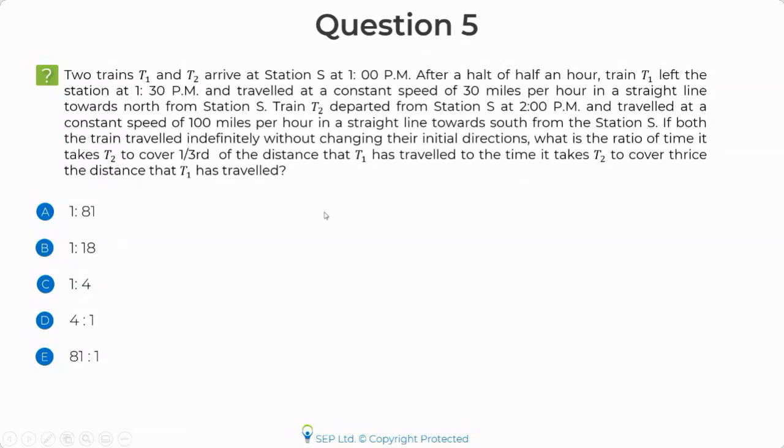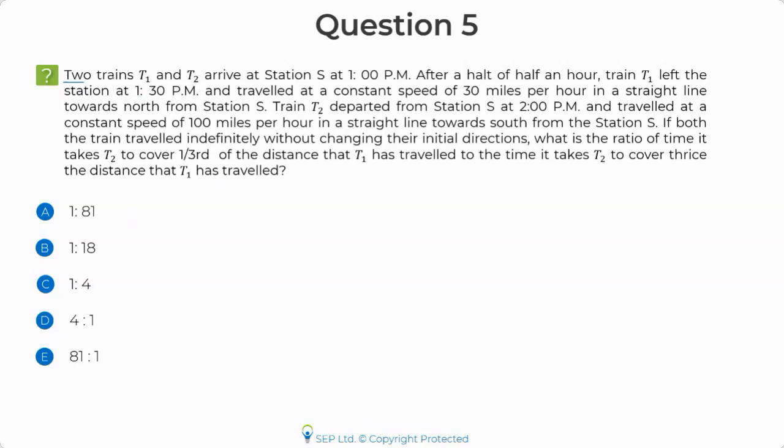Okay. Let's see how we break down such information. I'm going to do this in this particular slide only. Let's try it out together. So it's given that 2 trains, and I'm going to show you more of an RC question. I'm going to show you exactly the way I would have solved it in the exam. What diagrams would I draw, what things would I write, each and everything.